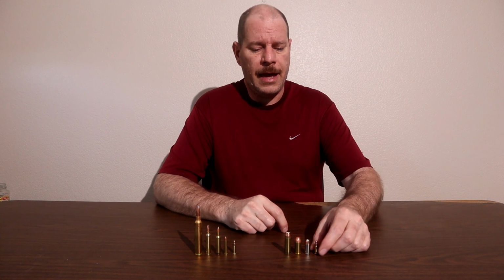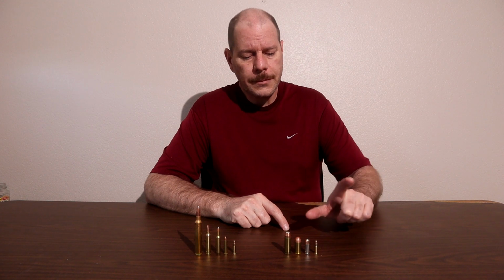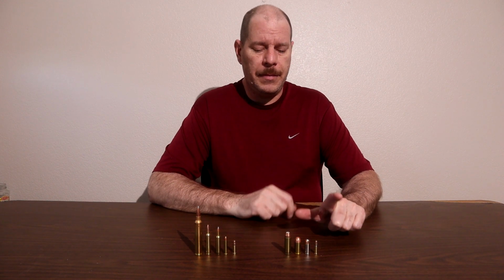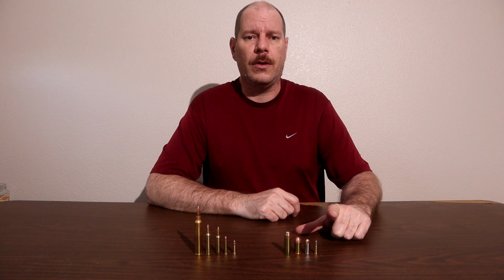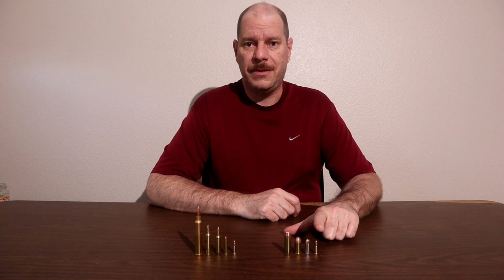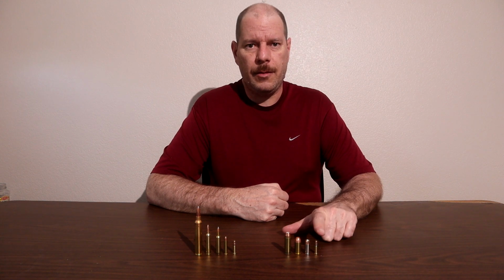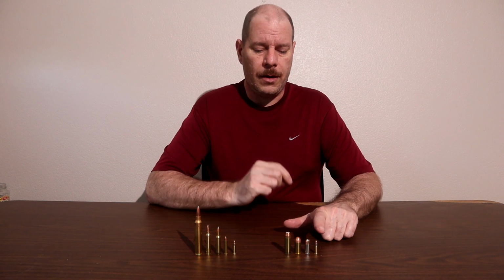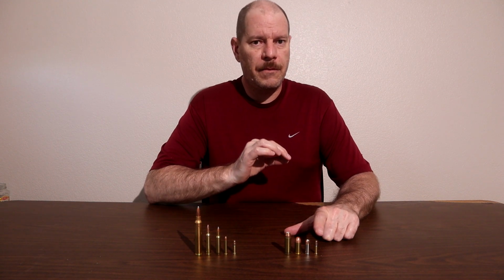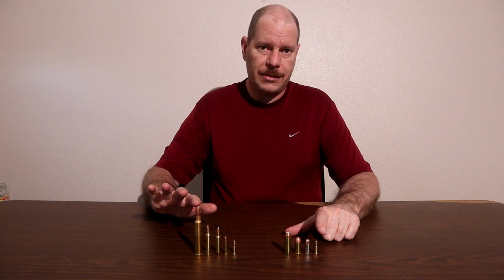Let's start here with some pistol rounds. Basically, we have a 22 long rifle, a 9mm, 45 ACP, and 45 Long Colt. The 22 is, in my opinion, the best starting point if you are looking for a handgun or a rifle. It's the easiest round to shoot as far as recoil goes. It's very inexpensive, widely available, and just all around a lot of fun. It'll help you develop the proper firearm safety and marksmanship skills that'll transfer to anything else that you see here